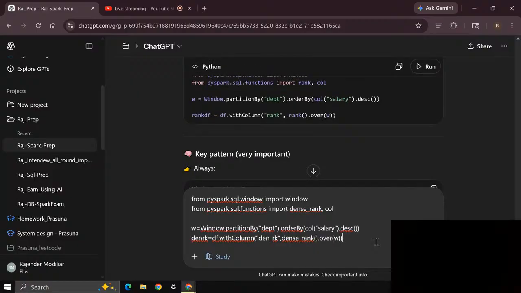Then rank, then rk, withColumn. Okay, df.rank. It is taking a bit of time, but you need to have patience to complete this end to end.